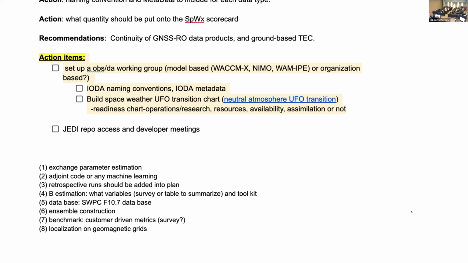We can figure out what is needed, what the challenges are. Starting from there, we can share with everybody our lessons learned and also learn from you what you already have, for example, ops, uncertainty estimation, all the components we can go through and find out the working areas we need to extend or include into JEDI.